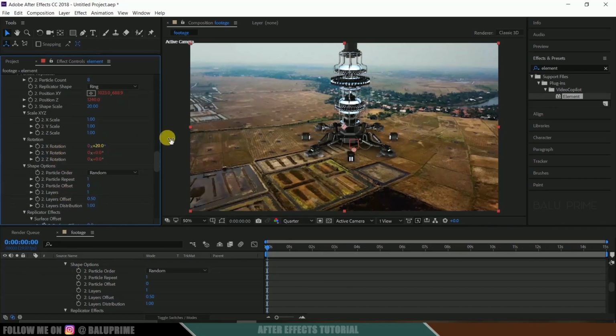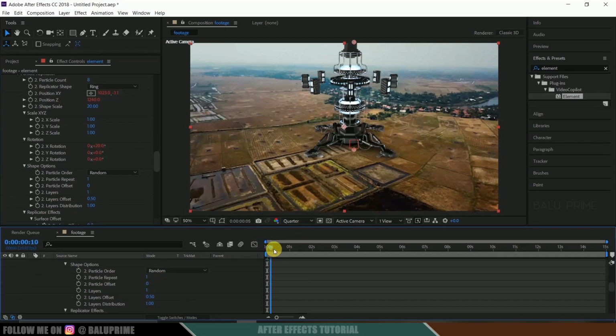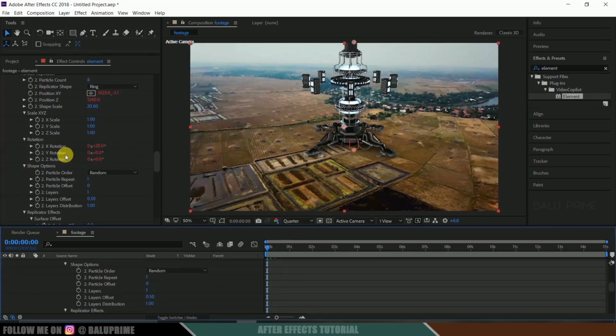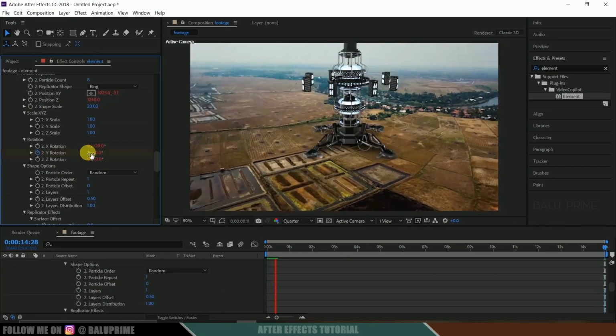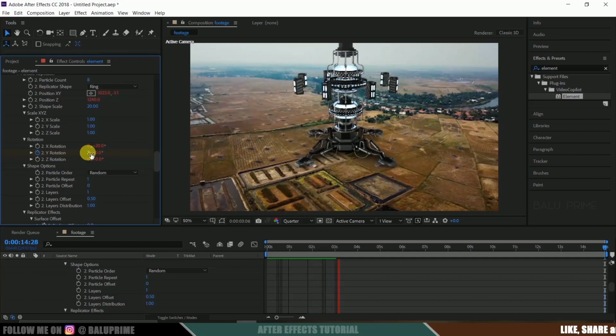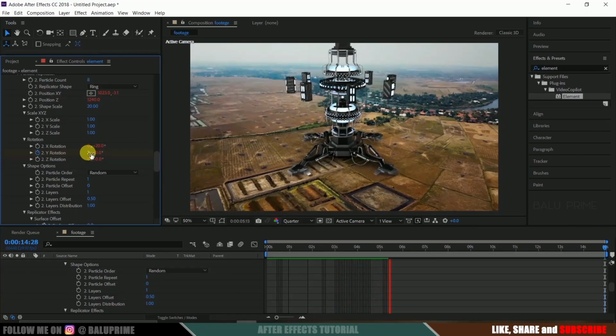Okay, nice. Now let us bring them up. I think this place would be fine. Okay, let it be here. Now be on the first frame, enable the keyframe of this Y rotation, move to the last frame and change this value to 2. Now let us see this whole animation. Here you can see we got this rotation animation and this revolving animation also.